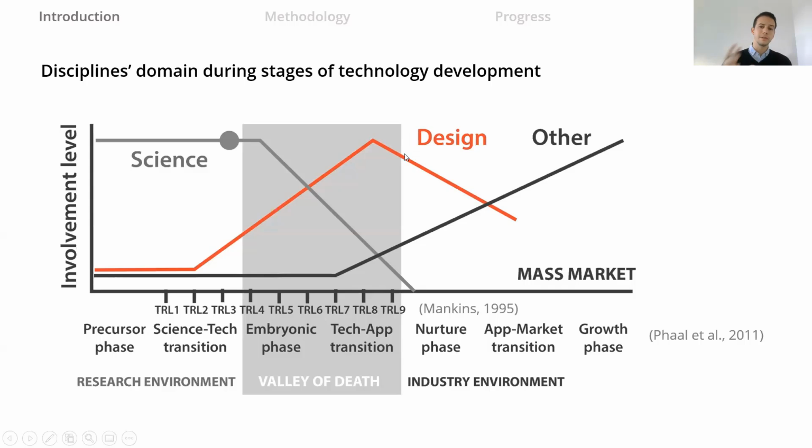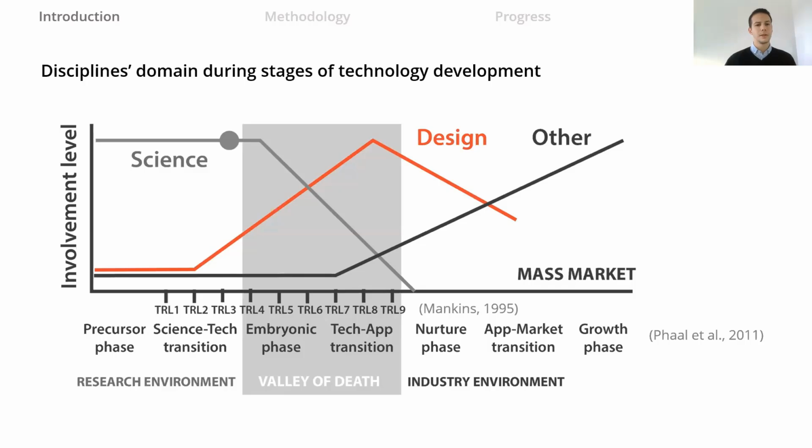So what I'm trying to show here is that design plays a very important role, and here I'm speaking about the design domain, the methodology of design and the tools we use, because design inquiry is trying to take knowledge and transform that knowledge into material products, or they don't need to be material, they can be services. But in the case of technologies, it should be our responsibility to take the knowledge generated by the scientists and try to find applications or market needs to see how we can transform that